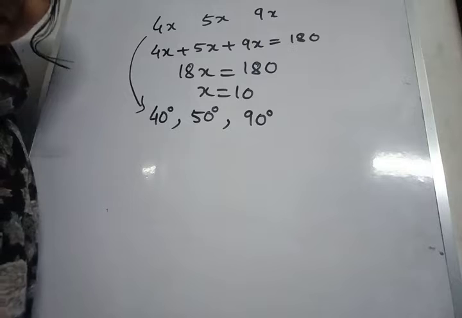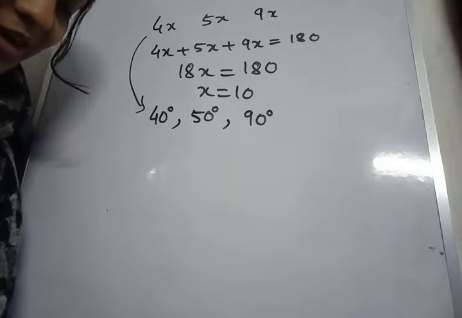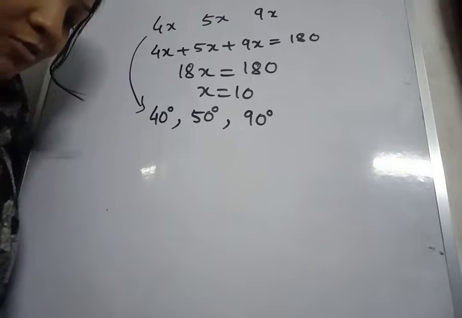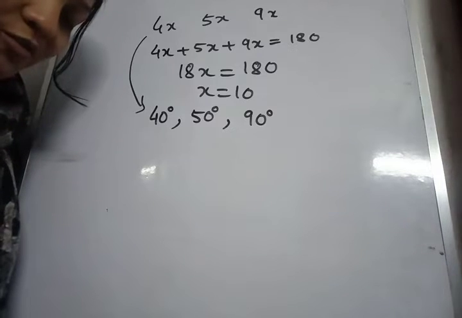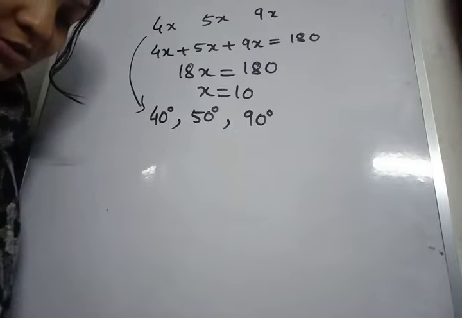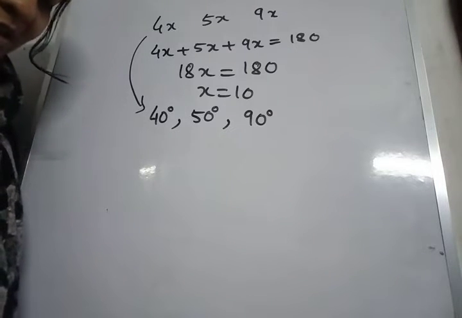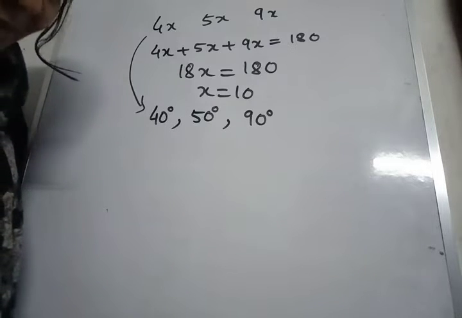Next, sum number 4. In a library, there are 1500 books. Among these books, the ratio of books of science to that of the commerce is 1:2. Determine the number of books of science to be purchased so that this ratio becomes 3:5. So here also we have to take the common unit as x.